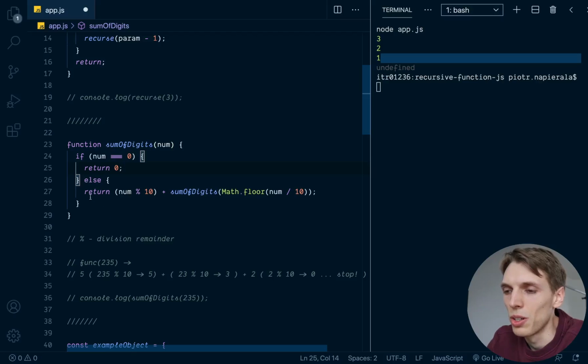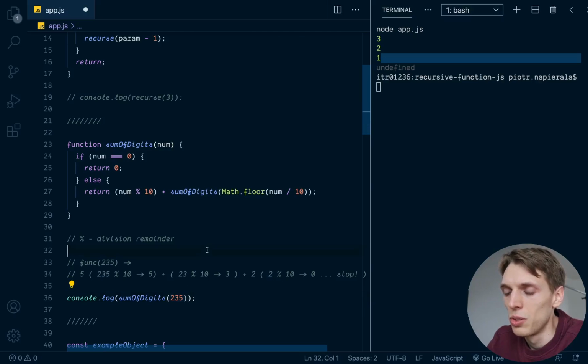Otherwise, we are returning the remainder of the parameter by 10 plus the result of our function where we are passing a new parameter, which is basically the number divided by 10 with Math.floor, which in this case